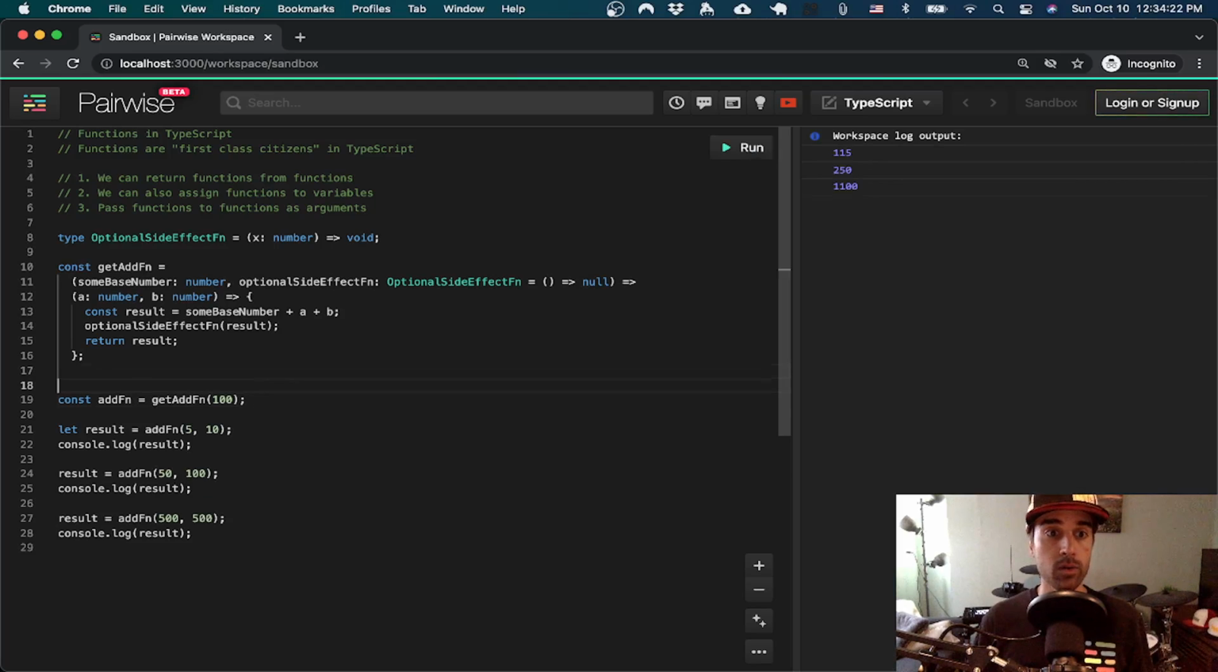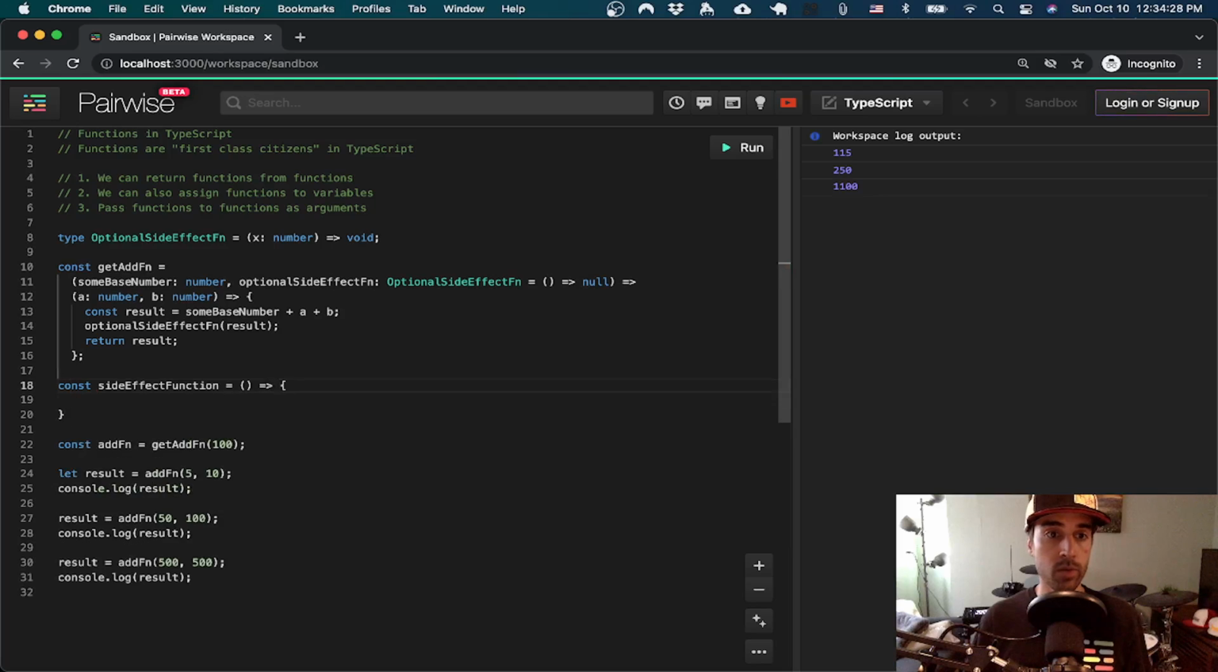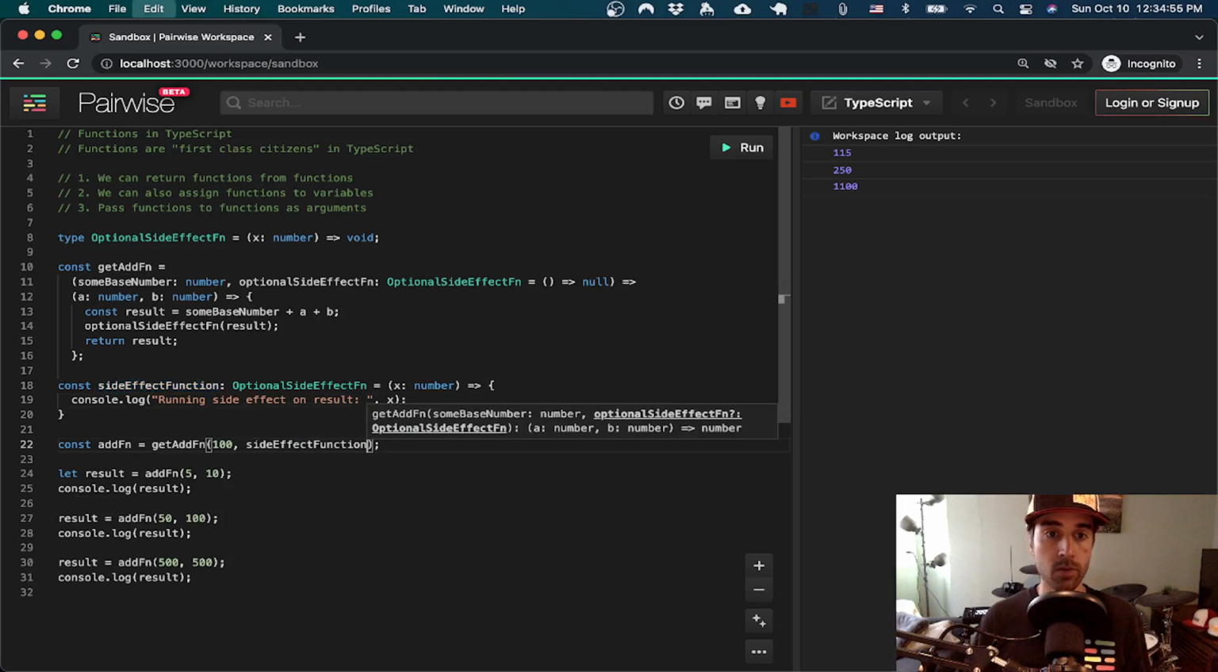It is. Now let's go ahead and add our side effect function here, which we can also type to be of this optional side effect function type like this. And this is going to take our x number parameter. And then let's just say console.log running side effect on result, and the result is x. And then we want to pass in our side effect function right here when we call the get add function in the first place. Okay, so that's a bit of code, and let's go ahead and run it